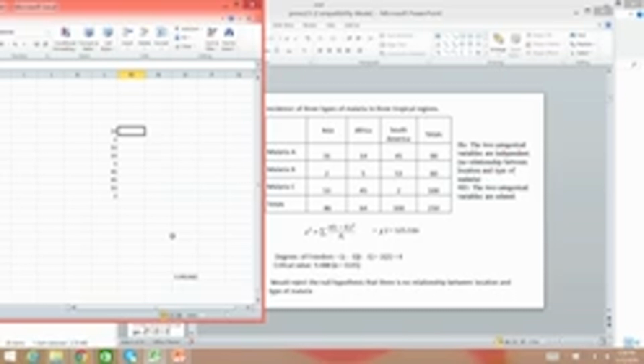It is a bit tricky to do that actually. We will look at this type of problem later on. We need to calculate the expected value, which is 86 divided by 250 into 90. Okay, so it will be like